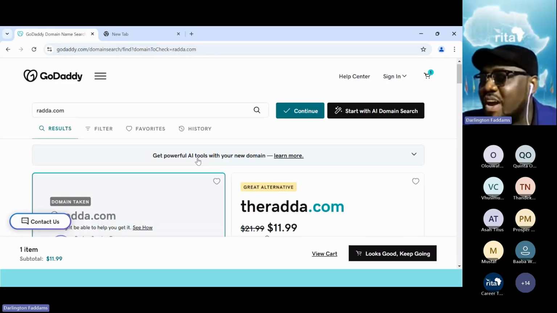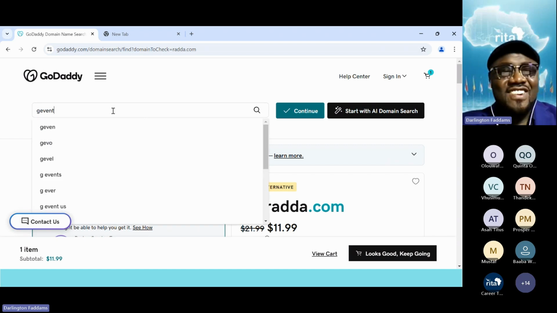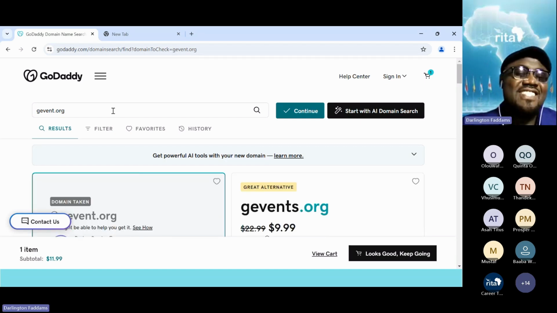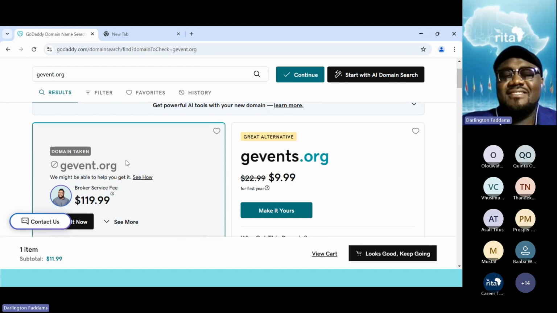All right. So let's check one that we think will be available. Let's see Gvents. Gloria, I don't think gvents.org is there. Let's see. Maybe my Gvents is done. It looks too easy. But with an S is available.